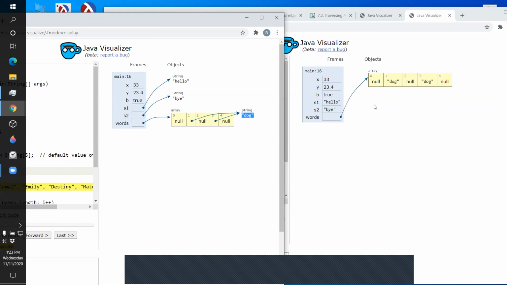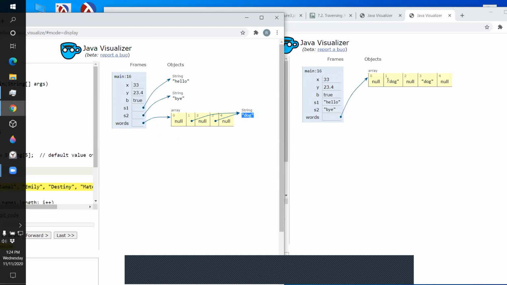This picture is supposed to make it easier for students to understand what's going on, but I think it's really dangerous to make it easier when it's easier because it's wrong. You're obscuring a fact of Java that could lead you to make mistakes later on. I think it's questionable to simplify Java to supposedly make it easier to learn, because it could lead students to have a wrong idea in their head. So the visualizer wants to show strings this way. Now it doesn't do this with any other object.